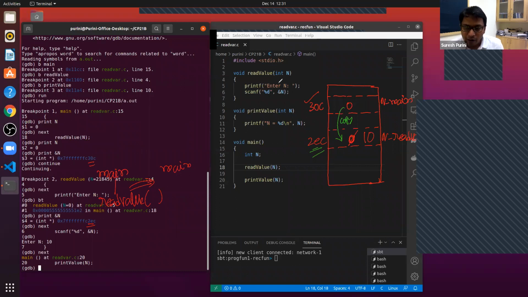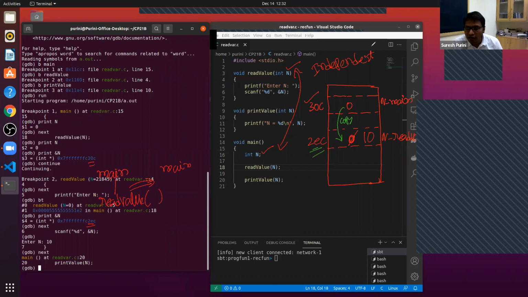There is no relationship, in terms of addresses, between this one and this one. These two are independent of each other. And after we are out of the read value function, the memory that is allocated to read value is released.